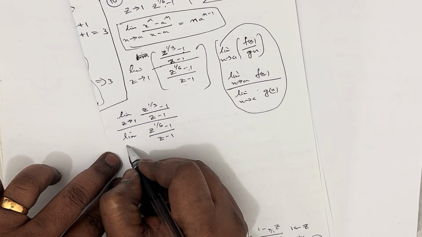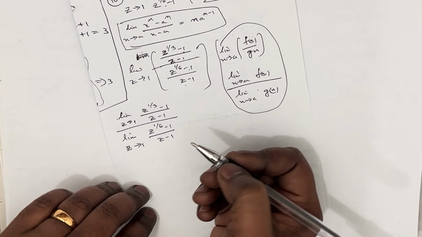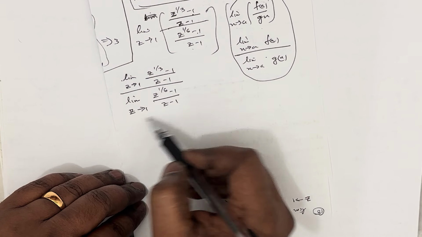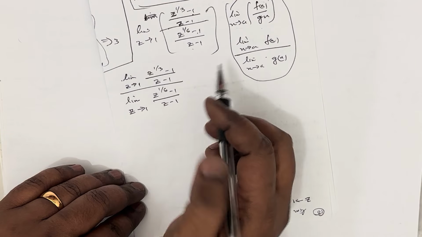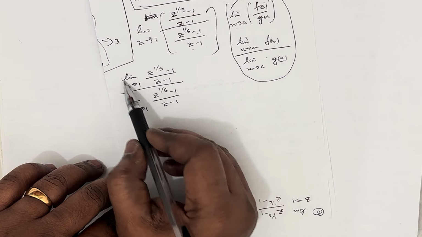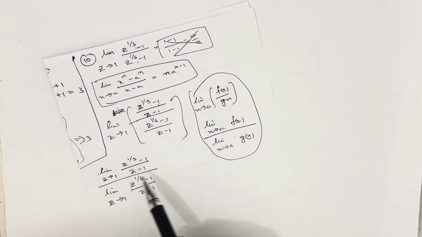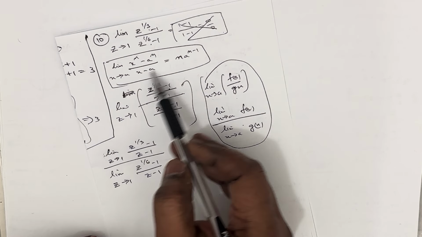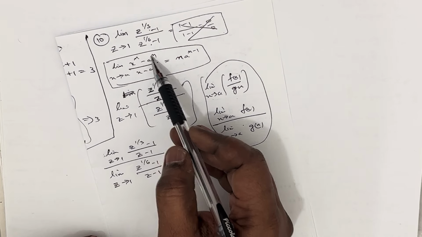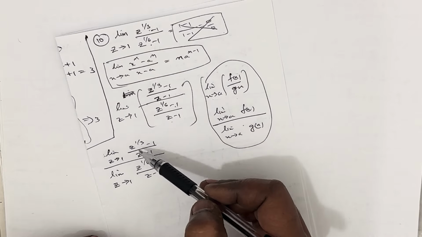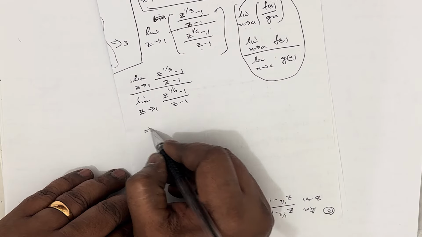Limit of this function as z tends to 1. Now both have become separate functions. Now see, this resembles this theorem, so we can write this in this form, okay, so it will be